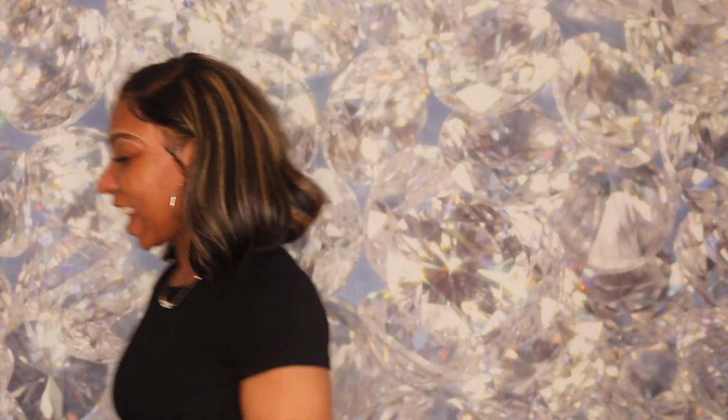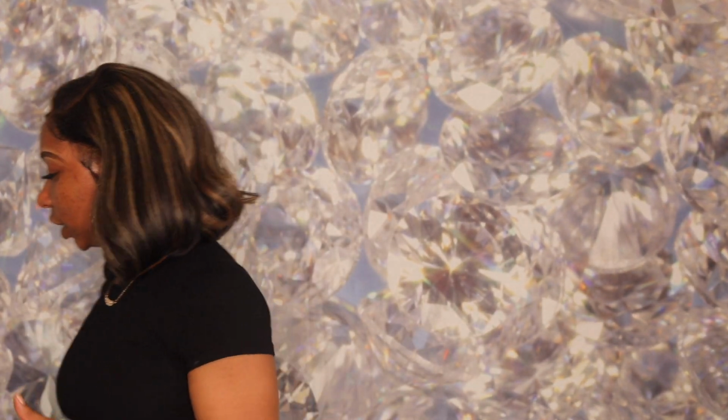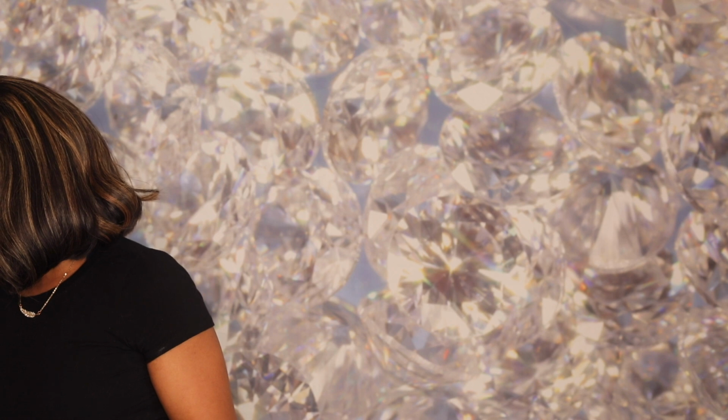And now we're gonna get into these night outfits, just going out, out and about. And let's go to the next fit. Okay, you guys, so let's get into these last two outfits that I purchased. Let's start off with this one. So this one is called